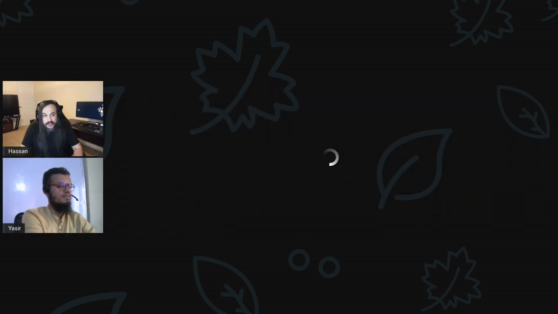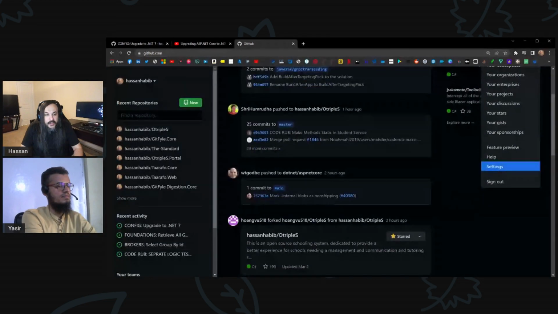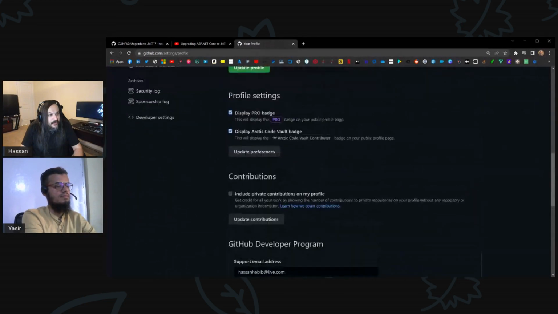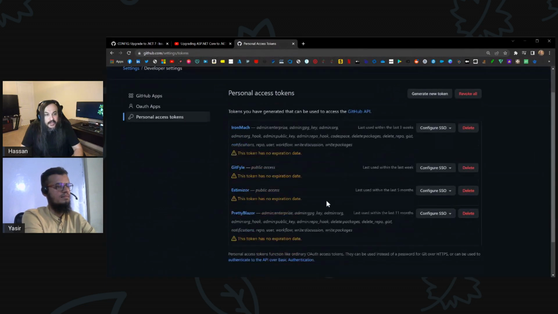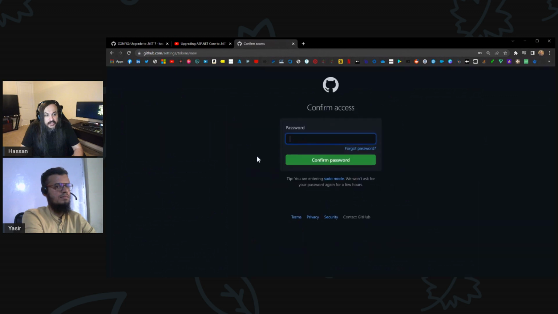Just so you understand, if you want to generate, you're going to need to generate a token for GitHub. Your token doesn't have the right access to be able to change and modify build files. What you want to do, my friend, is go to settings, scroll all the way down, and go to developer settings. You're going to need a personal access token, and if you start to generate a new access token,